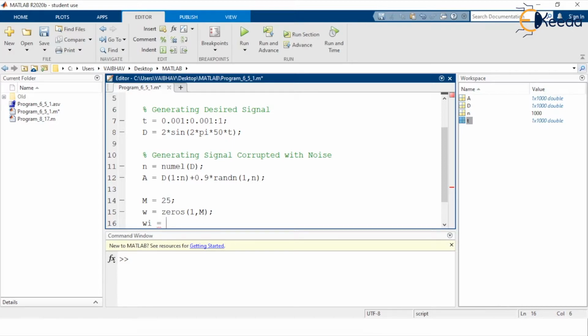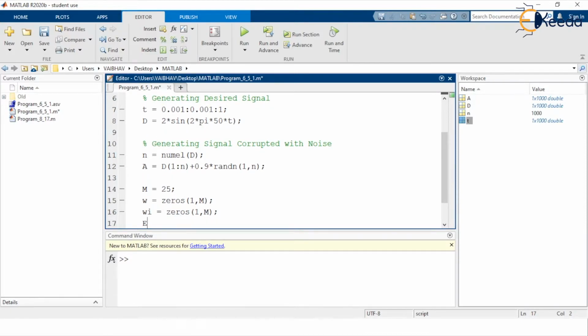For the update equation, LHS and RHS also, we require another variable, w suffix i, that is also initiated with all zeros of the same dimension, 1 comma capital M. Then we require capital E as a variable. Initially it is to be empty, so this is a null matrix.